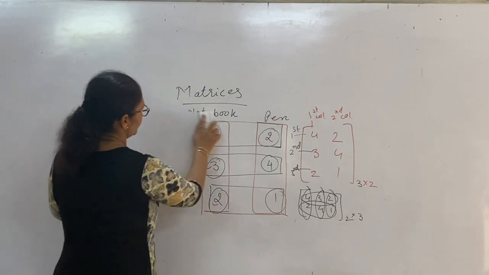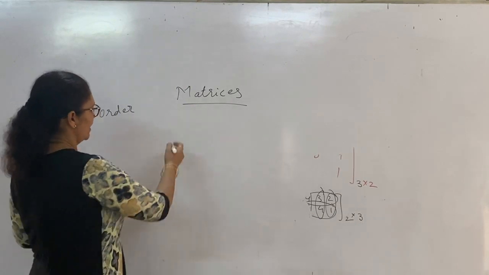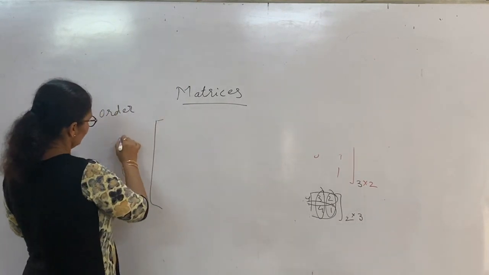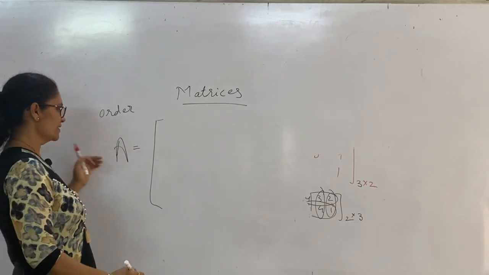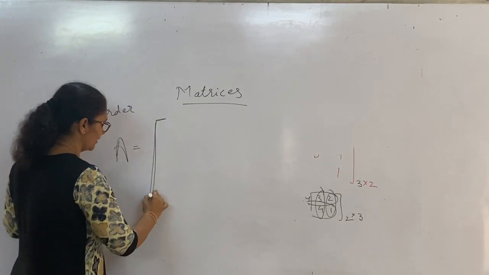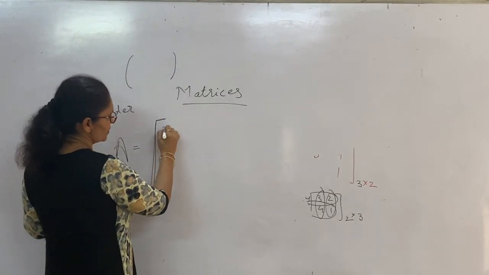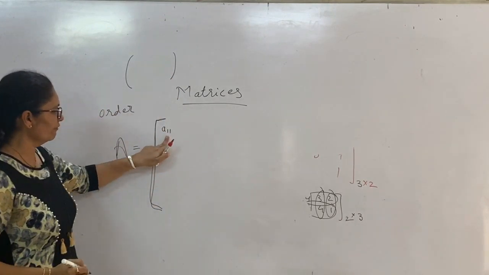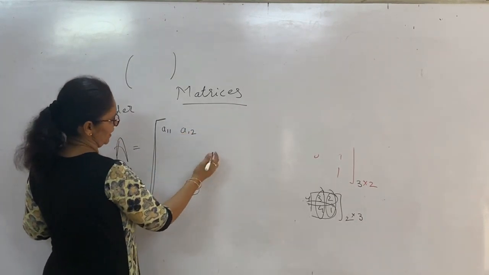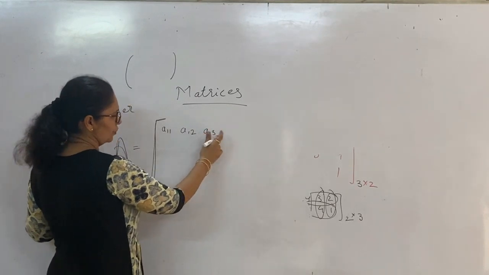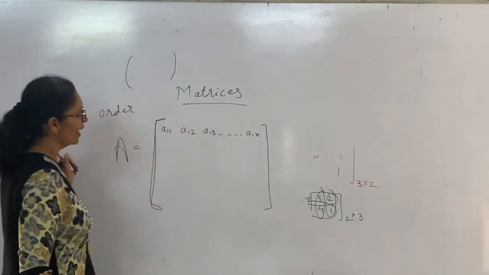Now we discuss one more example. Suppose I write, we name a matrix by a capital letter. How do we name sets in set theory? In the same way. A matrix is usually written in a box, or you can use this symbol also. Its meaning is the same. Suppose I write A11. What is the meaning of it? First row, first column. A12, first row, second column. A13 means first row, third column. In the same way, A1n means first row and nth column.